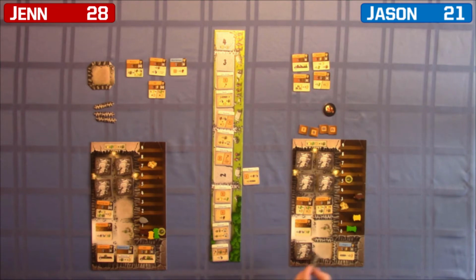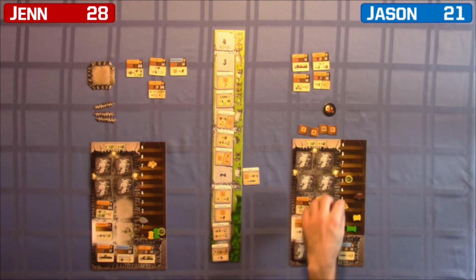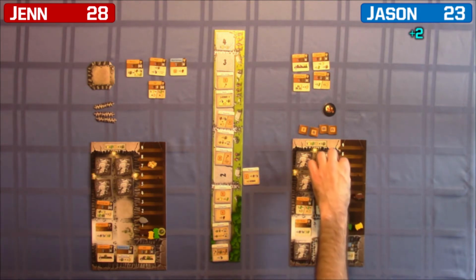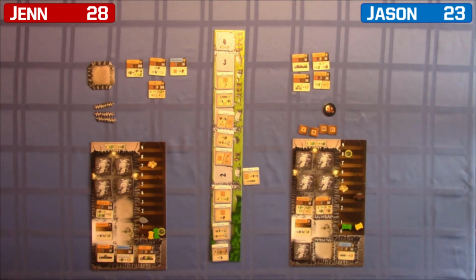Are the walls limited? To the ones on hand, but I'll probably start tearing some down pretty soon because they don't do much for me to remain on my board. I'm going to do that. Then I'm going to do that. I get this. I get 1 building. It's going to be this one for 3 food. And then I get,